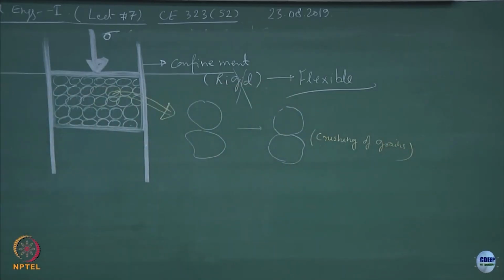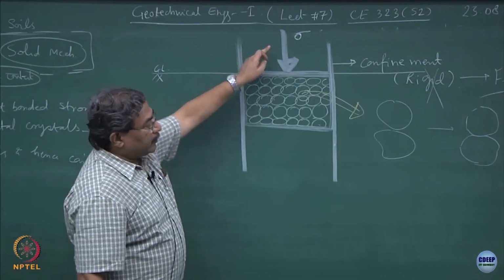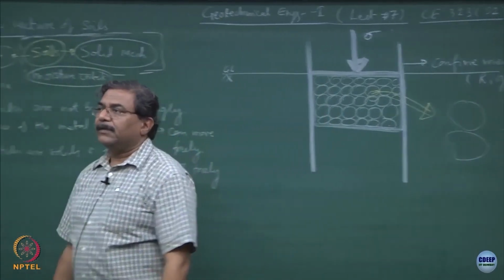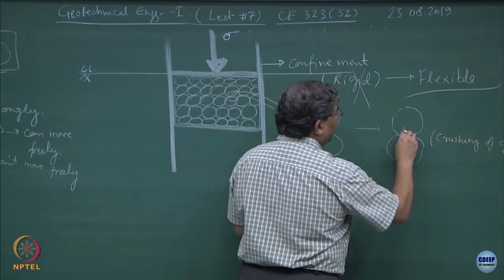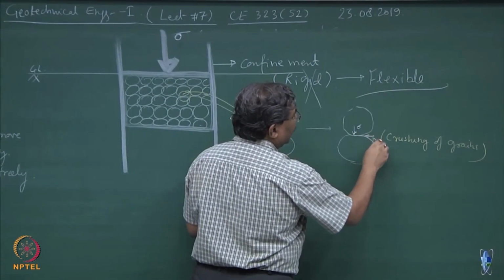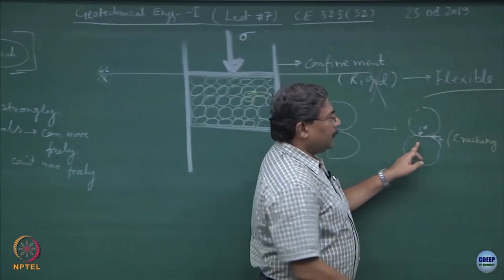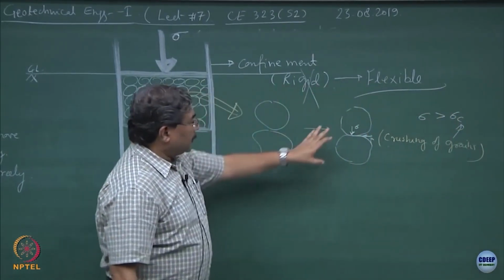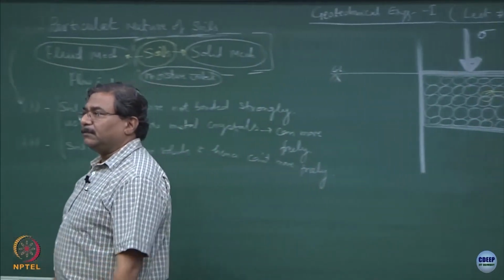One mechanism in geomechanics: you are designing the building foundations, and the stress intensity is much more than the crushing strength of quartz, 20 MPa. The particles will get crushed. If I draw the free body diagram, there is a normal stress acting over here, there is a shear stress acting over here, clear? The normal stress is higher than the crushing strength, and hence this is the first mechanism which controls the deformation of the soils. Is this part clear?